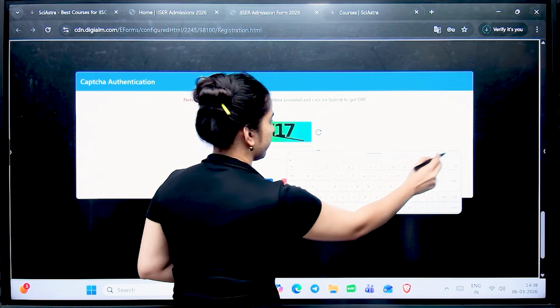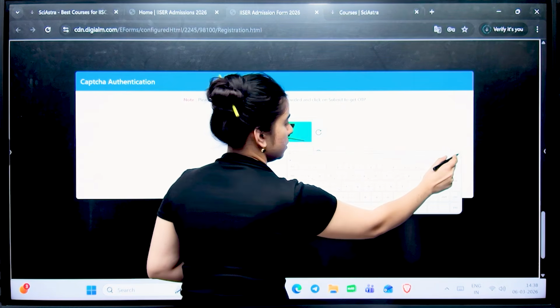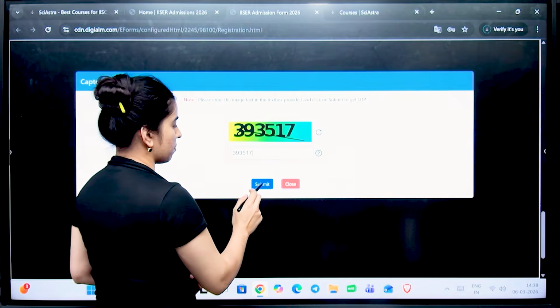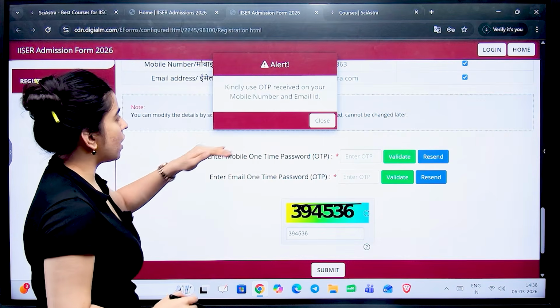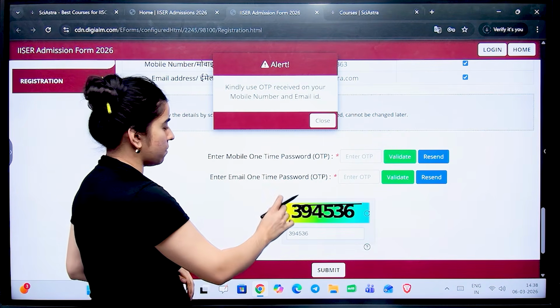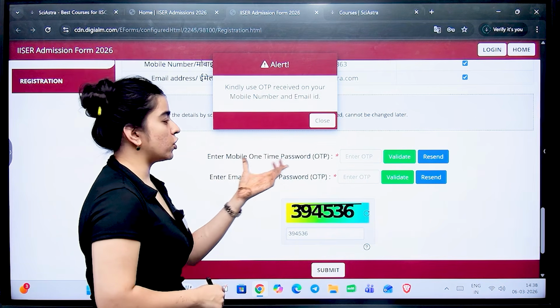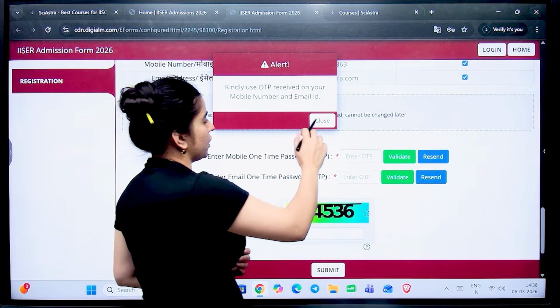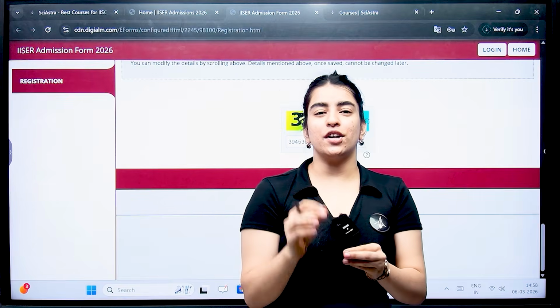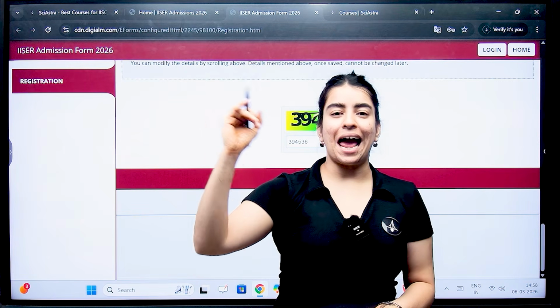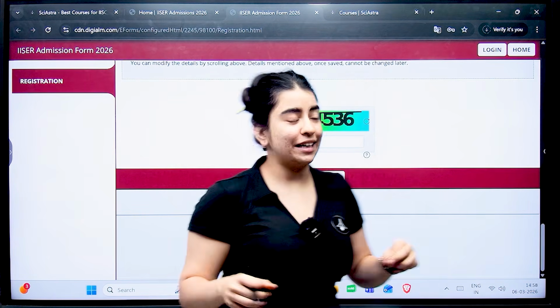So here it is. After entering, what you will do is you will do submit. And once you have submitted, you will receive an OTP on your email address also, and you will receive an OTP on your mobile number also. So we'll enter the OTP here. After you have entered your OTPs for your email and your phone number and you have validated it,